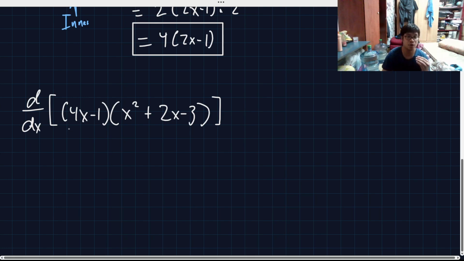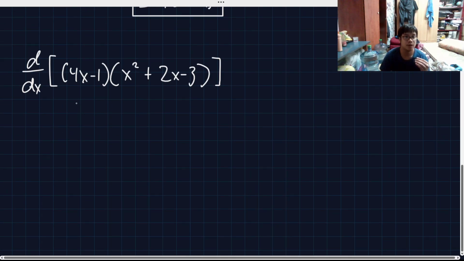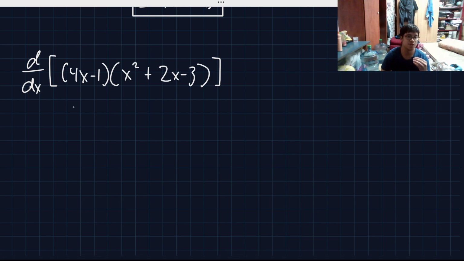Since commonly, what we usually do if we have two functions stuck together is we use product rule. In here, there's another simple way for you to memorize the product rule of differentiation. We will use letters, letter U and letter V. So which one is your U? Which one is your V? Pick which one. For me, my U would be 4x minus 1, and my V would be the longest one, which is x squared plus 2x minus 3.